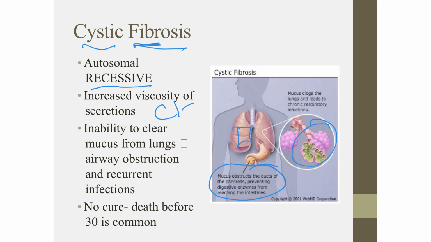shortness of breath. One of the things that makes this really dangerous is the fact that we also have mucus plugs that can form in the pancreas. And one of the things that the pancreas makes is trypsin, which is an enzyme that digests protein. And unfortunately, we are also made out of protein. So if a mucus plug forms and blocks the pancreas, then the pancreas gets the trypsin trapped inside of it, and then the pancreas starts to be digested, which causes pancreatitis